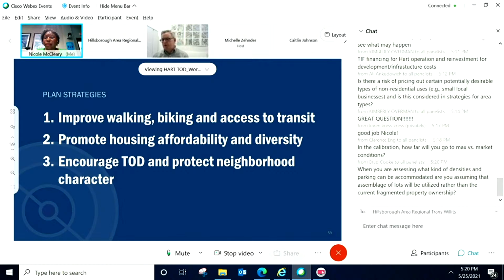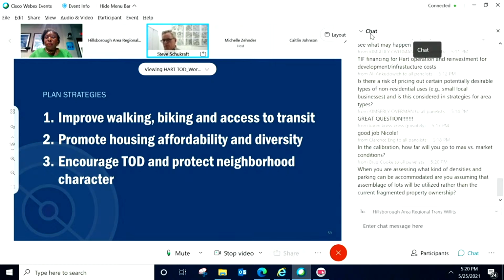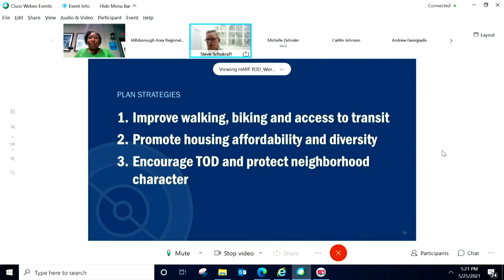The quick answer is generally yes. However, that's a relatively modest assemblage. If we're thinking about the frontage along Tampa Heights, Seminole Heights, and up to the north along Nebraska, we're only talking about an assemblage of an acre to an acre and a half total, and that may require a couple property owners to cut a deal to advance that scale of a project. We're not talking about someone that will take down a full block and may need to try to cut a deal with eight or 10 property owners.